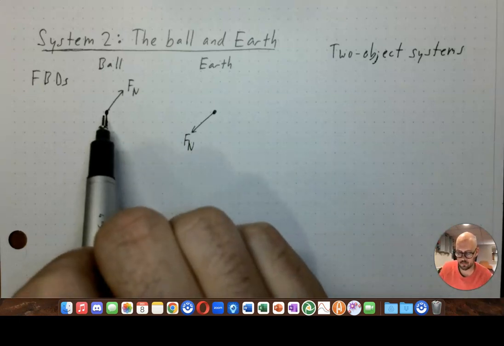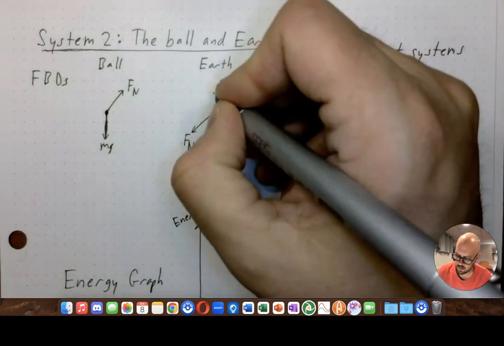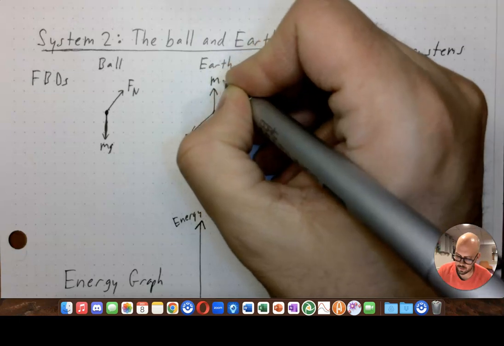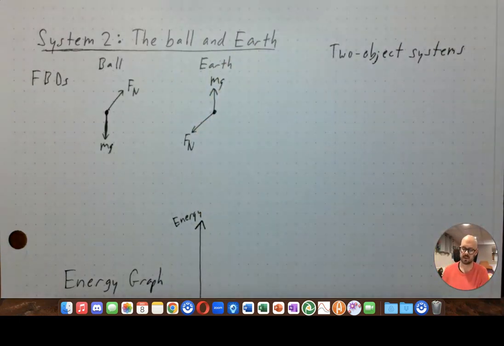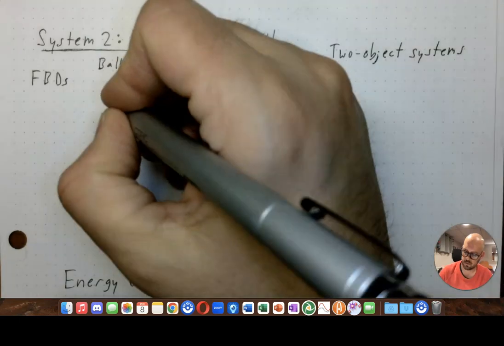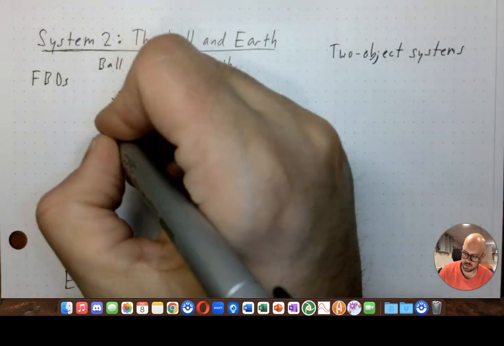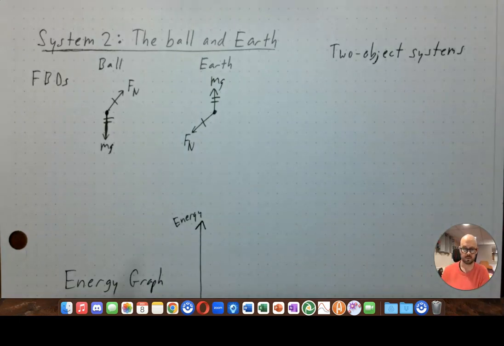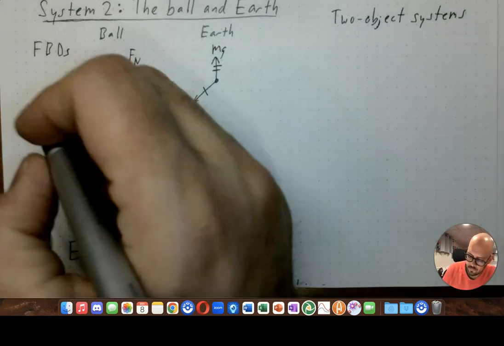If the ball is getting pulled down by gravity from the Earth, then the Earth is getting pulled up by the gravity of the ball, and those forces have to be equal and opposite. If you enjoy that geometry notation, you can apply it to these two things. The normal forces are equal and opposite, the gravity forces are equal and opposite, and if I were to compute